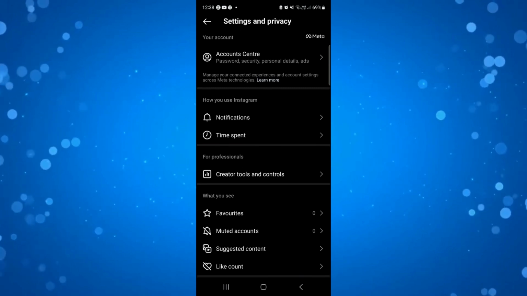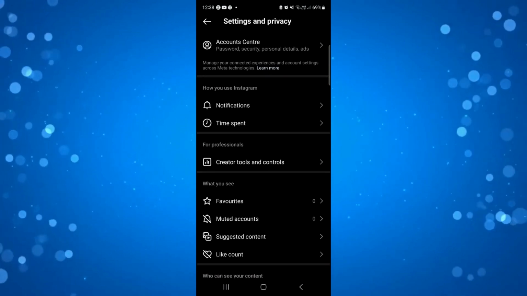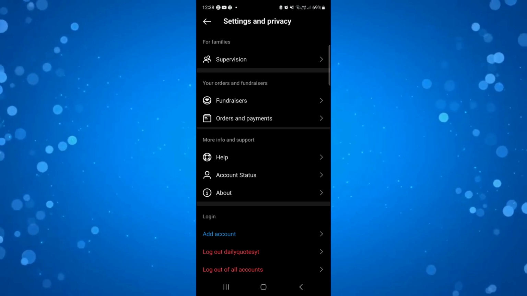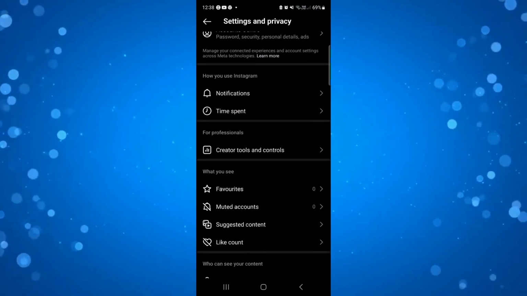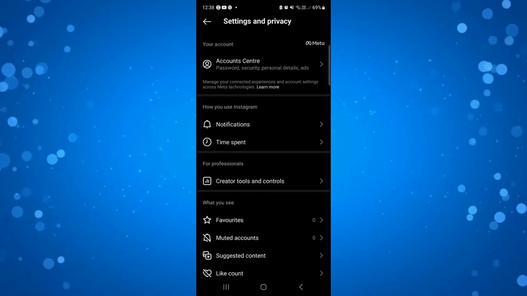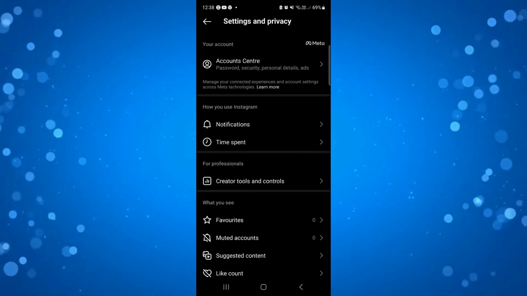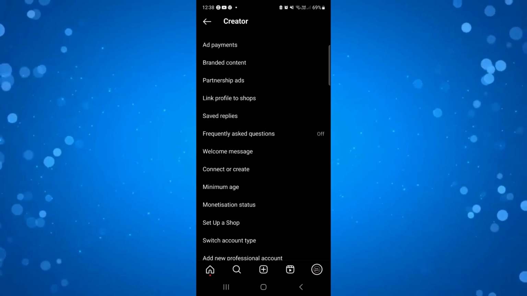From here, you should see an option for Creator Tools and Controls, or if you've got a creator account, you want to scroll down to the bottom and it will say Switch Account. But if you have a professional account, you want to come up to the part where it says Creator Tools and Controls. Once you press onto this, go down and you'll see the